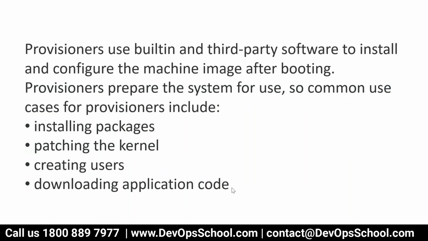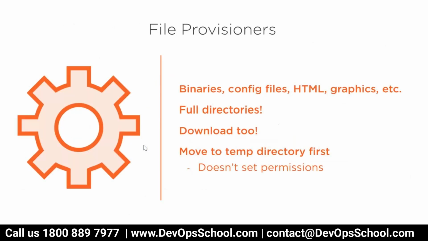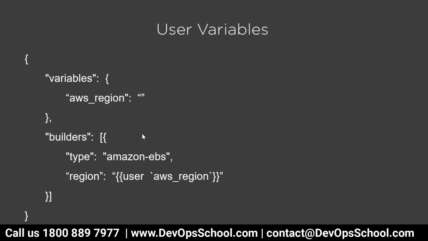Common use cases for provisioners include installing a package, patching the kernel, creating users, downloading application code, whatever it is. These are the provisioners available: you can run remote shell, local shell, file upload, PowerShell, Windows shell, Ansible, Salt, and stuff like that. You can take the base image and change it. These are the supported provisioners, and then you have the last one, which is